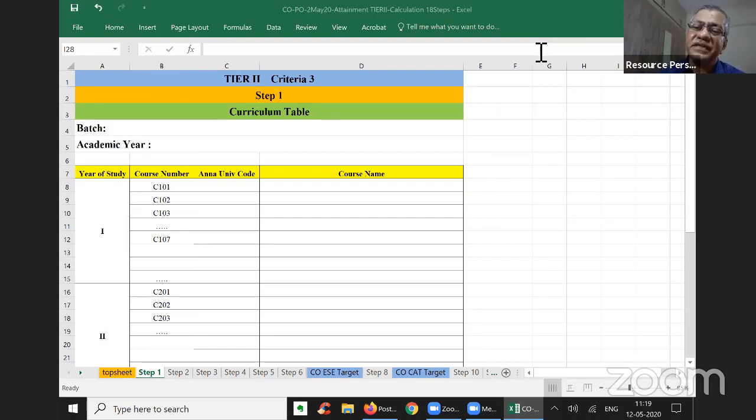PSO supplements the POs. So it is an extension of PO, whereas program specific criteria is as mentioned by your relevant association, that is industry association. For example, you are a mechanical engineer and you are specializing in refrigeration and air conditioning. What does ISHRAE tell? What is ISHRAE telling on HVAC? So what should be included in your